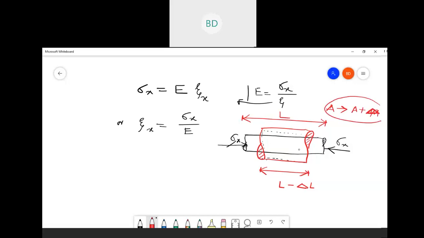Area will increase, but length will decrease. Now if you take x and y axis, this is your x axis, this is your y axis. In y direction it is increasing, but in x direction it is decreasing. That means both are opposite. If one increases, the other one will decrease. That is why we have written like